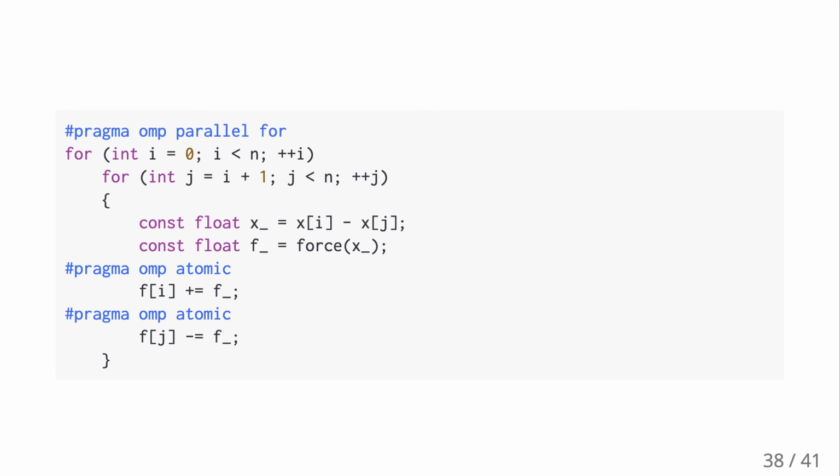So what's the difference between using atomic and reduction? Reduction means that each thread is going to make a private copy, and then there's going to be a sum. So here, the reason why this doesn't work is, well,